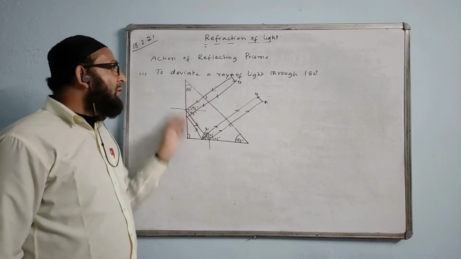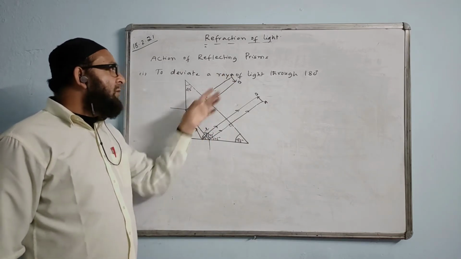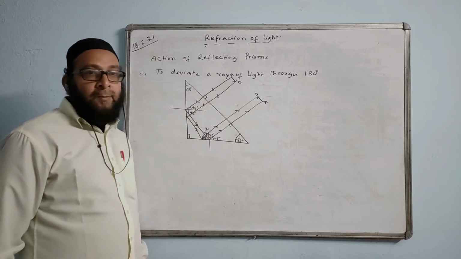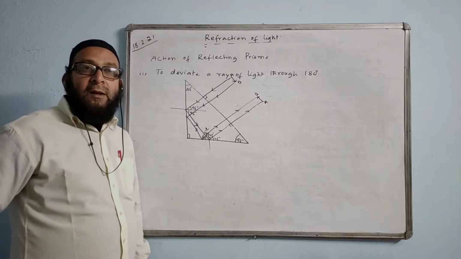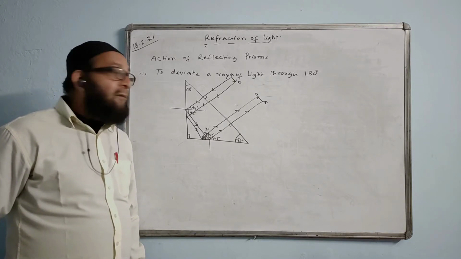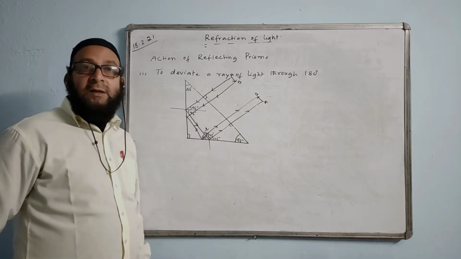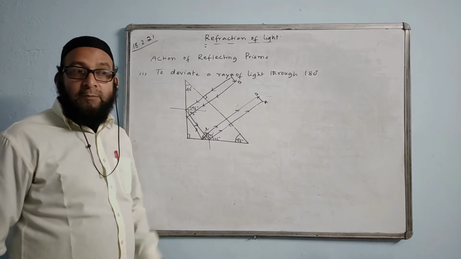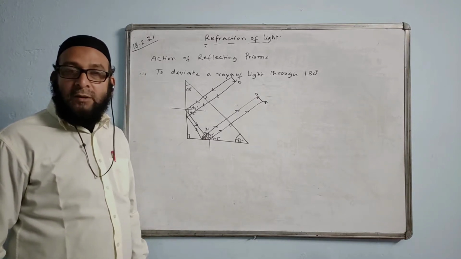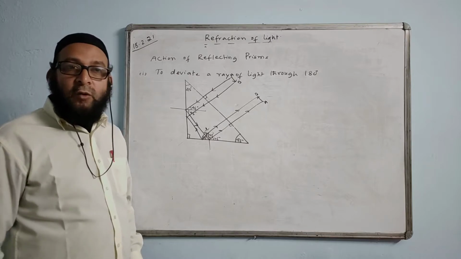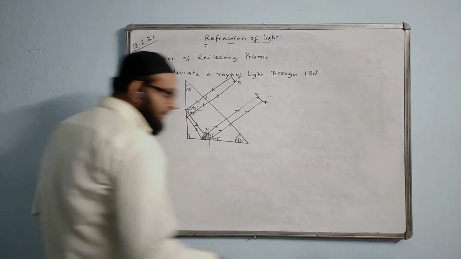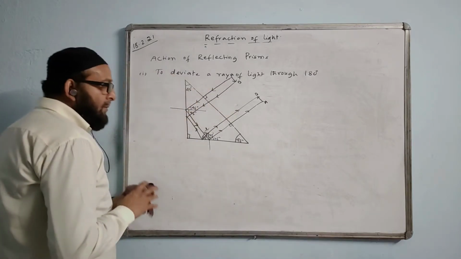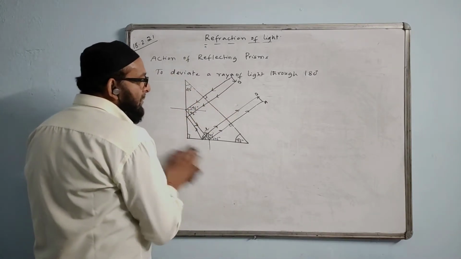So this is how we will draw the diagram. If they show two rays to form the image, we will do like this. But if only one ray is there, we will do like this. Then if they ask the question: name a device or instrument where this action of prism is used, we say this action of prism is used in binoculars. First was periscope, and this is binoculars. Is it okay? Yes, Amarnath.